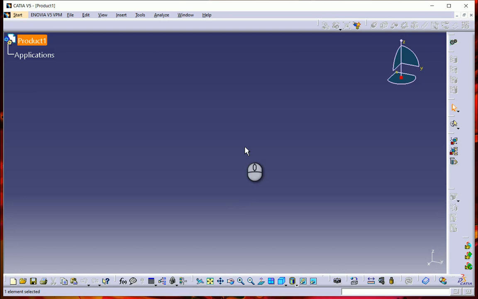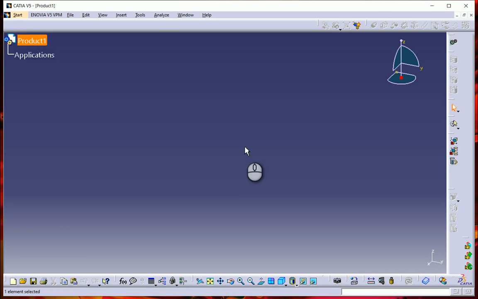of this software is computer aided three-dimensional interactive application. Now CATIA was developed by Dassault Systems. It's a company in France, and it is a completely re-engineered next generation family of CAD, CAM and CAE software solutions for product lifecycle management. Now CATIA is one of the most easy to use and very user friendly software that we have, right?